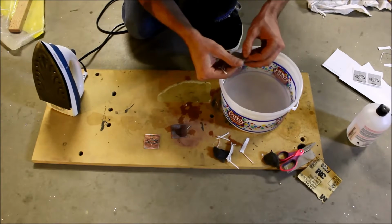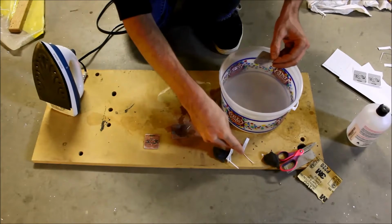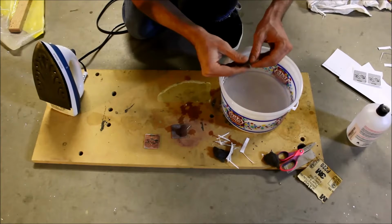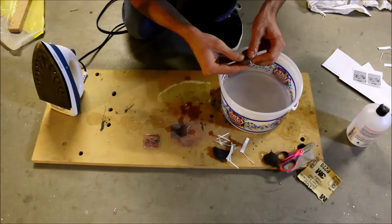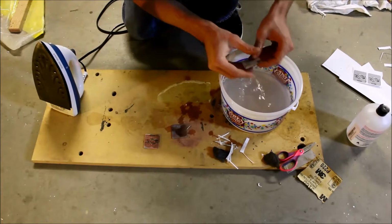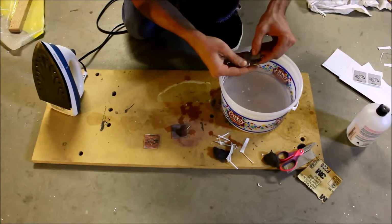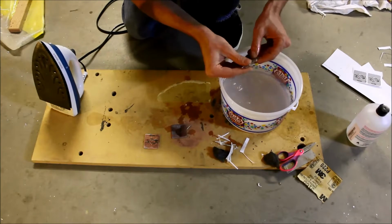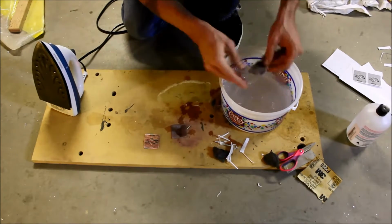And I'm just using some glossy paper from Amazon. Photo paper does not work. Glossy laser jet printer, or laser printer paper. Laser jet, what is that? Hope I'm not being too...